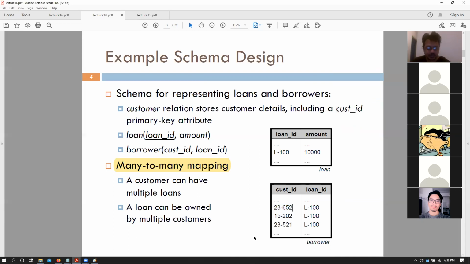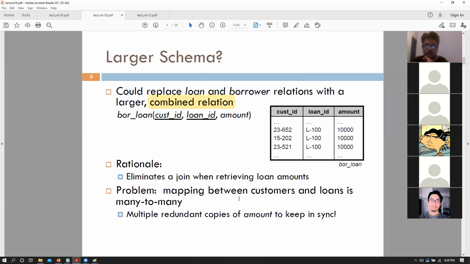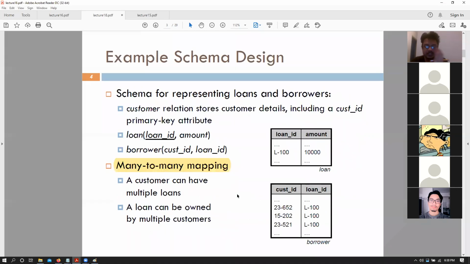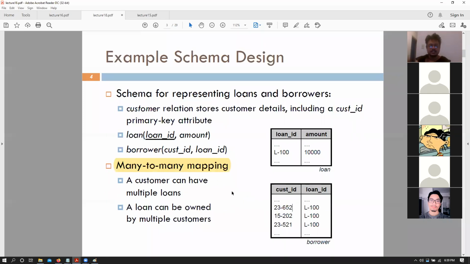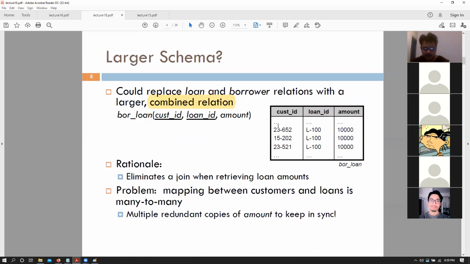Okay. But the main thing that I'm looking into is we need to join these two tables, right? Borrower and loan, right? So if we are going to join these two tables in order to get the loan amount, one thing that we could do is join this table together. And Yogi, for the time being, just forget that this customer has other loans. Let's just assume that this is the only loan that this customer has, because it will make my next example easier. So forget about the sum amount part for now. But essentially, assume that this particular customer has just one amount.